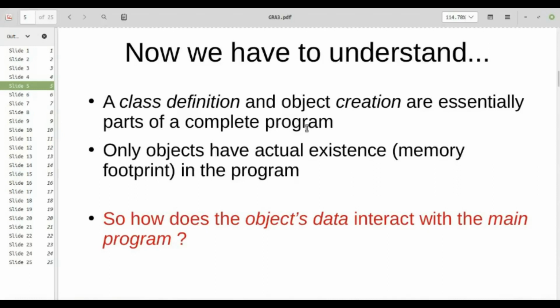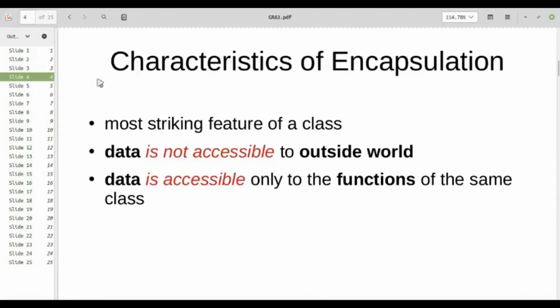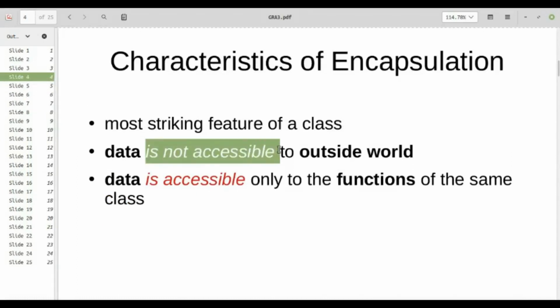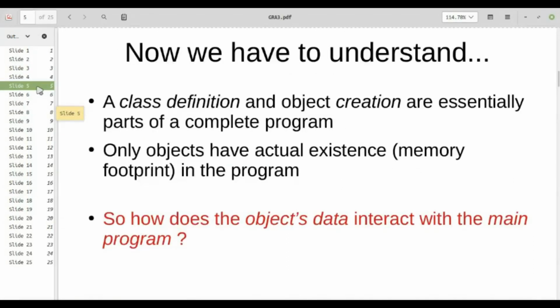So how does the object's data interact with the main program? This is something that we have to conceptualize, because a few moments back we saw that the data is not accessible to the outside world. If I cannot access the data of the object, then how does object oriented programming actually work?